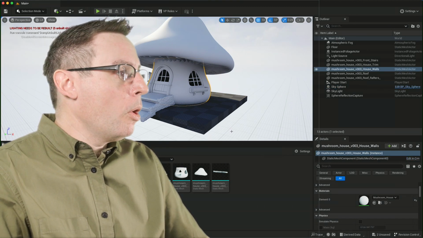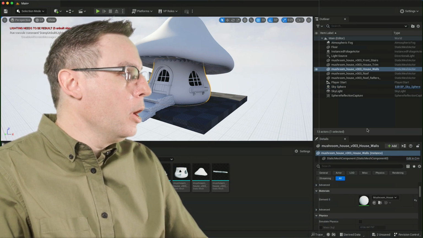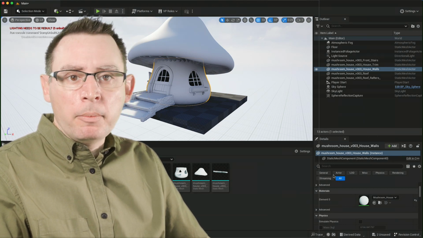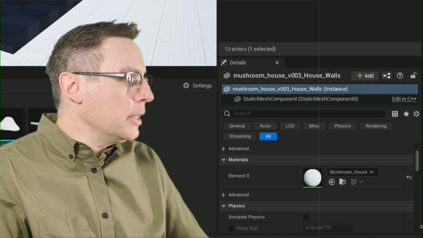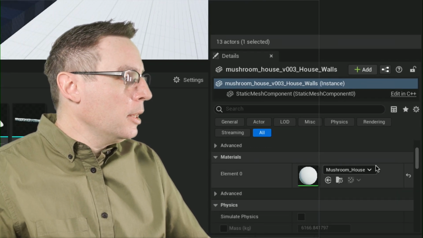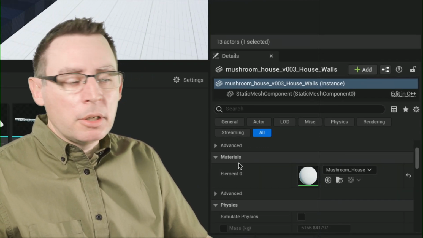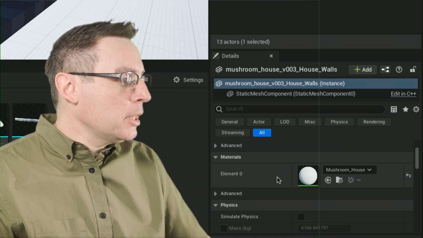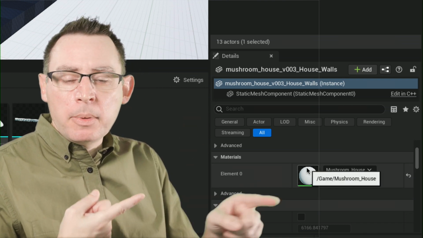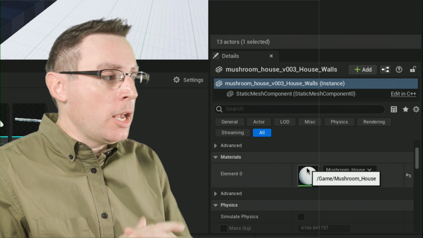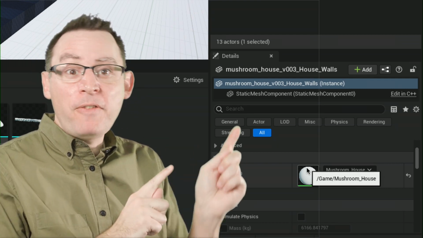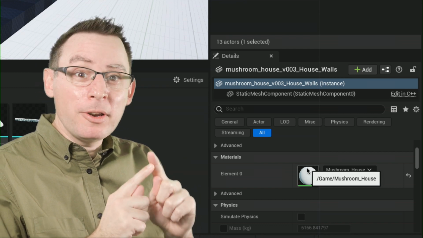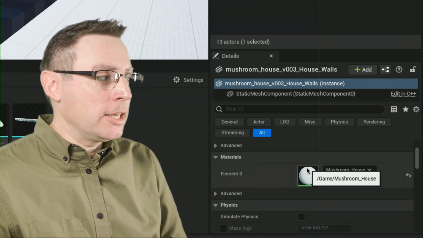If I was to grab the walls of my mushroom house for a moment, we're going to get all the properties of that element all over here on the far right-hand side. And if you look carefully down here, we have a section inside of our properties panels called materials. And this is the material that's automatically been assigned and applied to the object that we have selected. And this is the same material that I created over in Blender that found its way over into Substance Painter that has now found its way over here into the Unreal Engine.